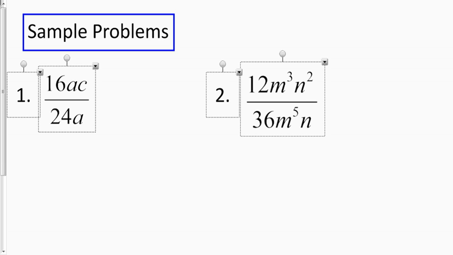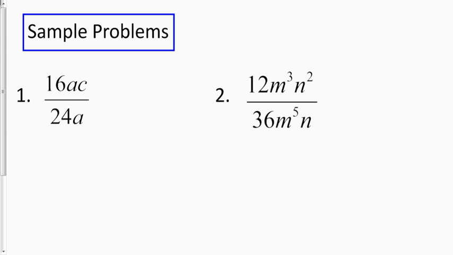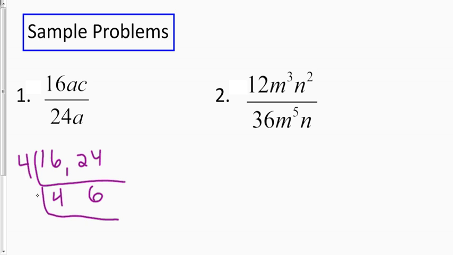All right, so let's use those ideas to help us simplify these fractions here. Okay, so first, I can always use my ladder method to help me get my simplified fraction. 16 and 24, if I divide by 4, 4 goes into 16 4 times and into 24 6 times. If I divide by 2, I get 2